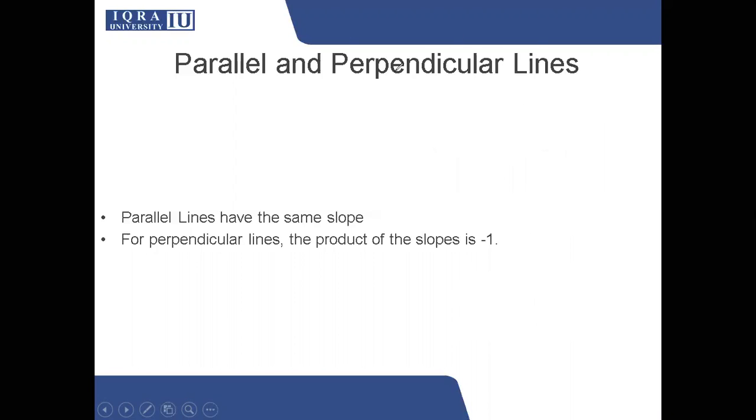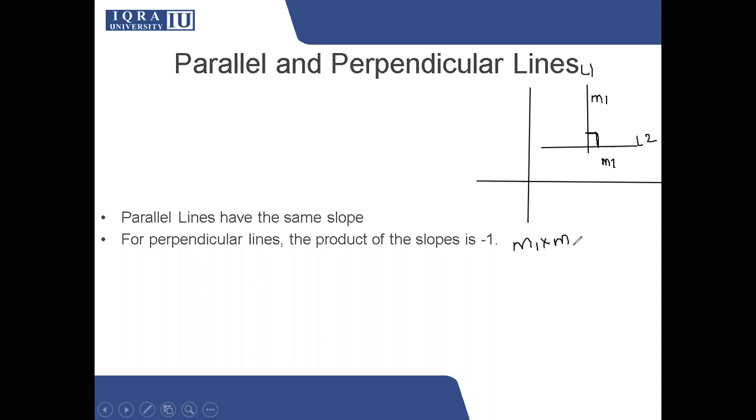And next up we have perpendicular lines. What are perpendicular lines? Something like if I have a line like this and a line like this. Perpendicular lines are when both lines meet at a 90-degree angle. I'll call this line 1 and this line 2. When you multiply the gradients of line 1 and line 2, when you multiply M1 with M2, the product is minus 1, always. This is again a property.